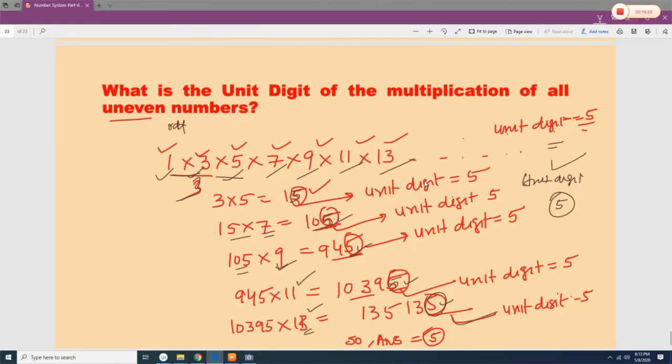So here we are ending the number system part 5. I request all of you to write down all these questions on a piece of paper and find out the answers, match the answers with the video, and this is the way you have to practice, because practice will make you perfect. So don't worry, even if you don't understand some of the questions, practice it 1 time, 2 times, 3 times till you master the concept and you remember all the principles and logic behind it, then you will be the winner.